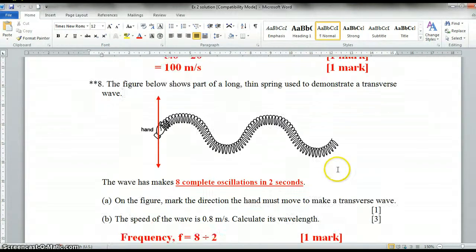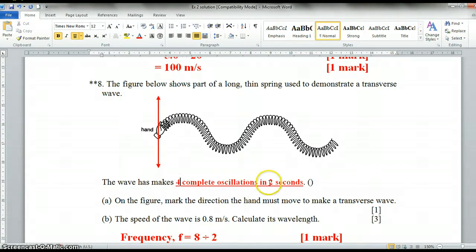Alright, question 8. Do note, this has not been highlighted in your notes or in your worksheet, go and highlight it. The wave makes 8 complete oscillations in 2 seconds. This is a very, very important piece of information. It is actually derived from one of the definitions. 8 complete oscillations in 2 seconds actually means